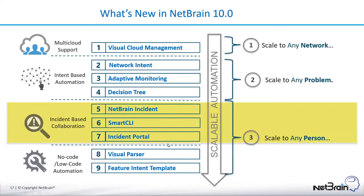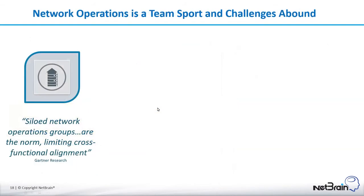Great, so moving right along into our third key innovation is our incident-based collaboration. And this begins to talk about our third tenet of our vision, which is to scale to any person the automation and the information that we provide. So starting with what we're hearing from the industry and the customers is that siloed network operations groups are more